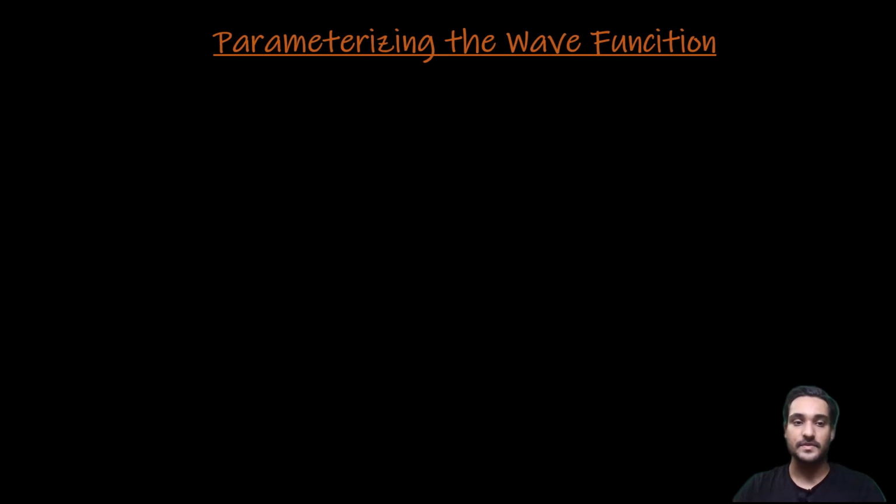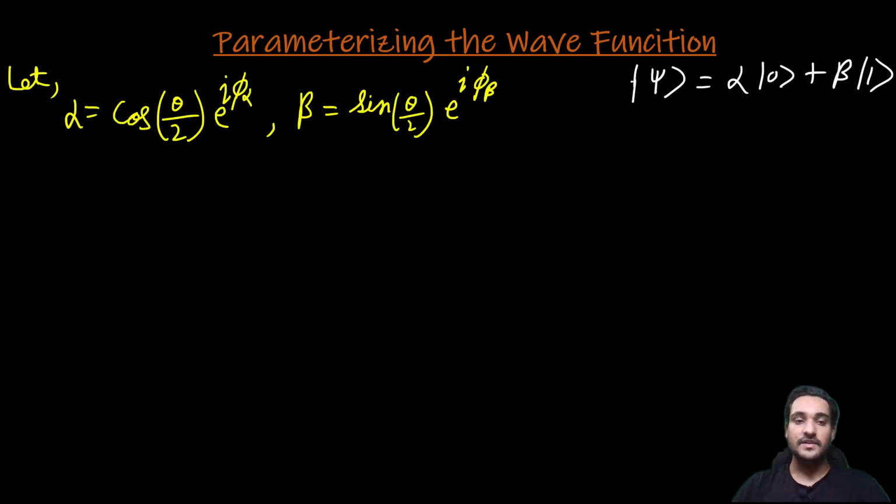So coming to the topic, what does parameterize mean? Parameterize means that we are going to change the variable, we are going to express it in another kind of variable in another space so that we can understand it much better. We do it in classical physics also. If we have a distance equation, we have it in the form of time, then sometimes we try to express it in terms of some other kind of parameter like velocity or another thing. So that is called parameterizing, which means changing the type of variable in a particular equation.